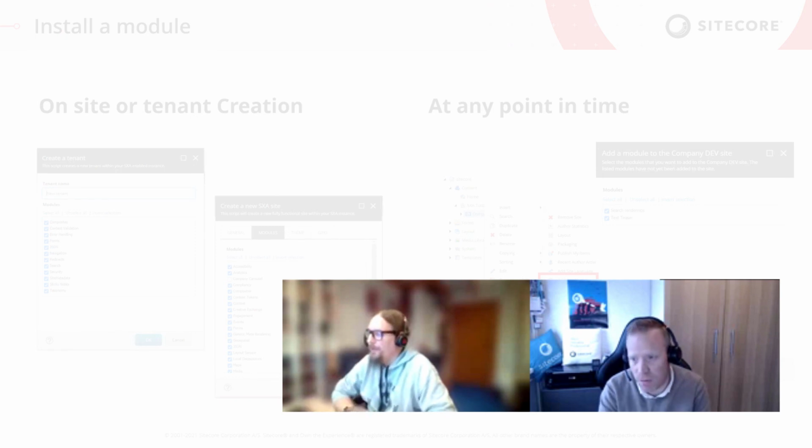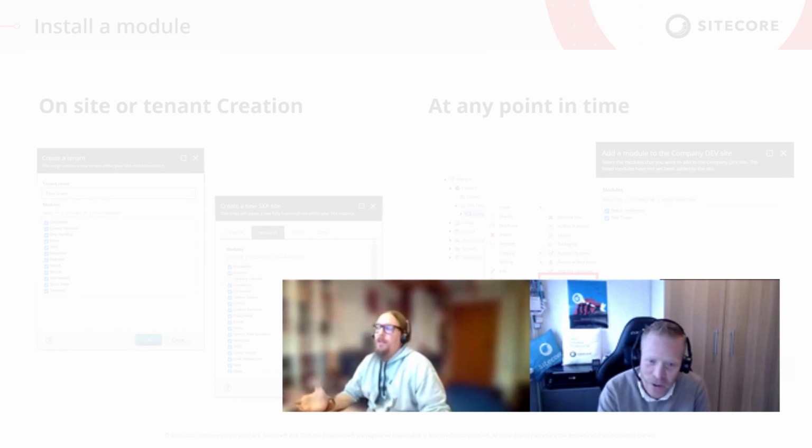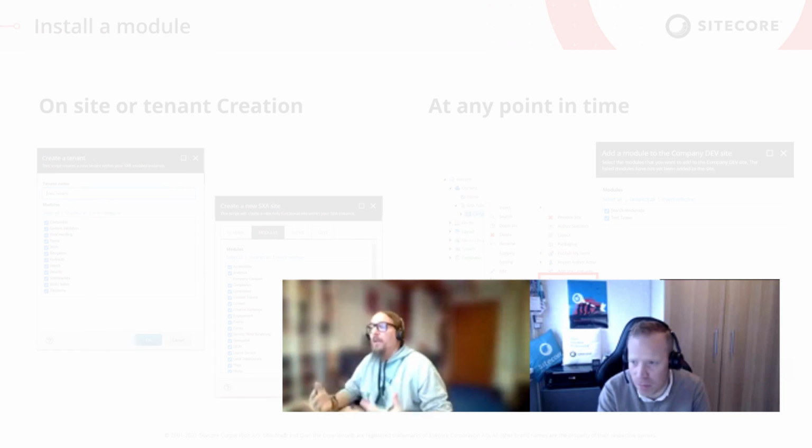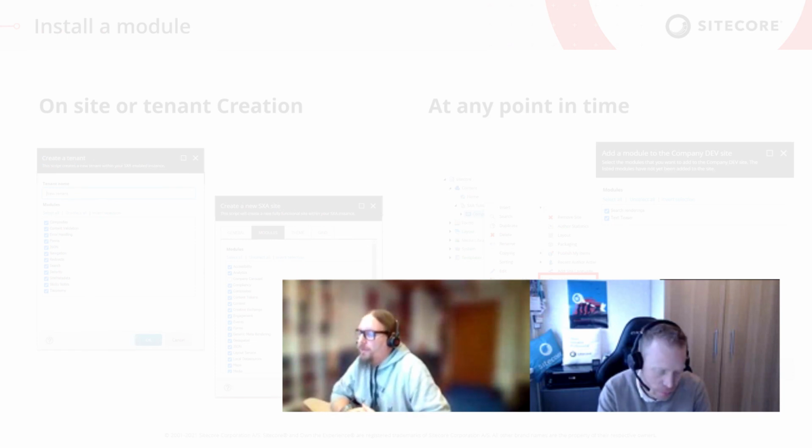Yes, and maybe to add on this one, at the end, it's a group of items that you want to install somewhere or modify, or whatever you need to tweak on your site through that module. We will also see very soon a few of the available scaffolding actions that give you the ability to perform changes on your site, adding items, adding renderings, adding whatever you need in your site.